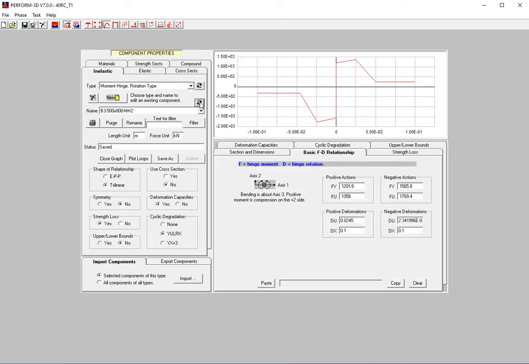As you can see, if your building has 100 moment hinge properties that need to be defined, and you need to define them one by one for all these parameters, it takes a very long time and it's very tedious work. So if you use PX, it will be a really fast procedure and easy to use by editing the information in Excel, converting to binary and importing to Perform 3D.